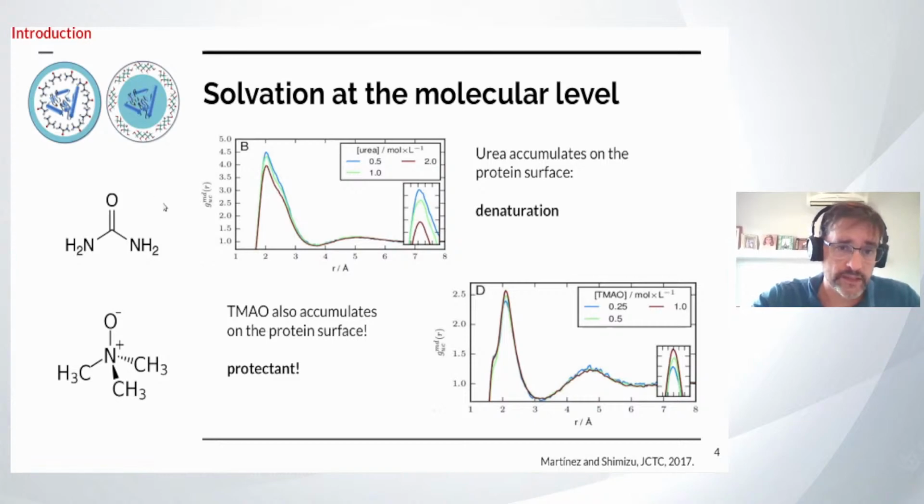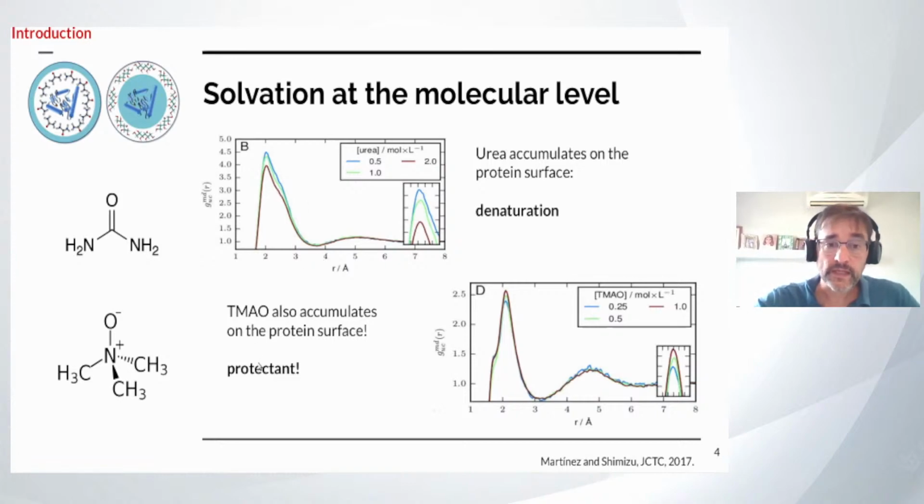So this is what we obtain as the minimum distance distribution function of urea relative to a protein. And we see clearly that there is a very strong peak, with a great density augmentation of urea in the vicinity of the surface, at about 2 angstroms from the surface of the protein, which is consistent with the fact that urea interacts favorably with the surface of the protein. Okay, this is expected, and urea promotes denaturation because these strong interactions tend to increase the surface of the structure, promoting